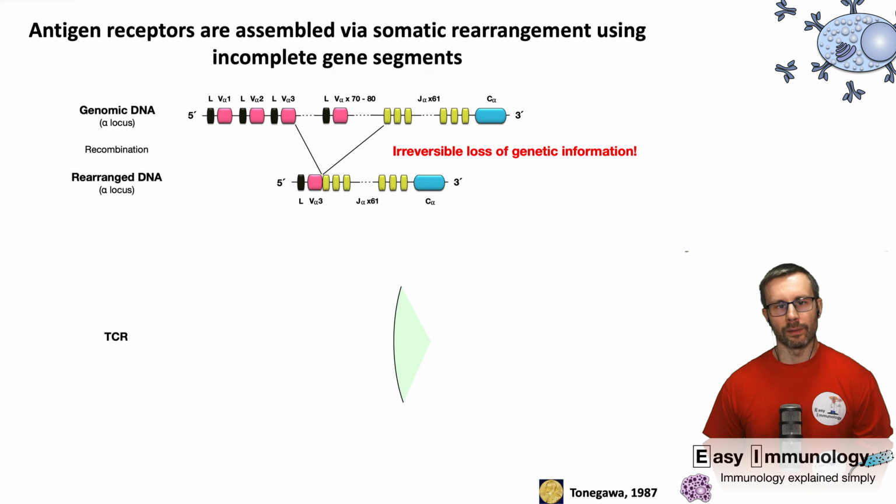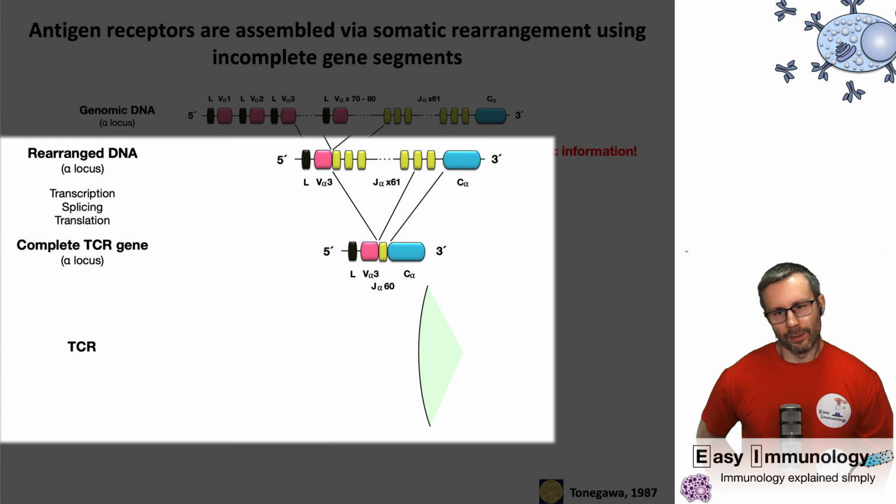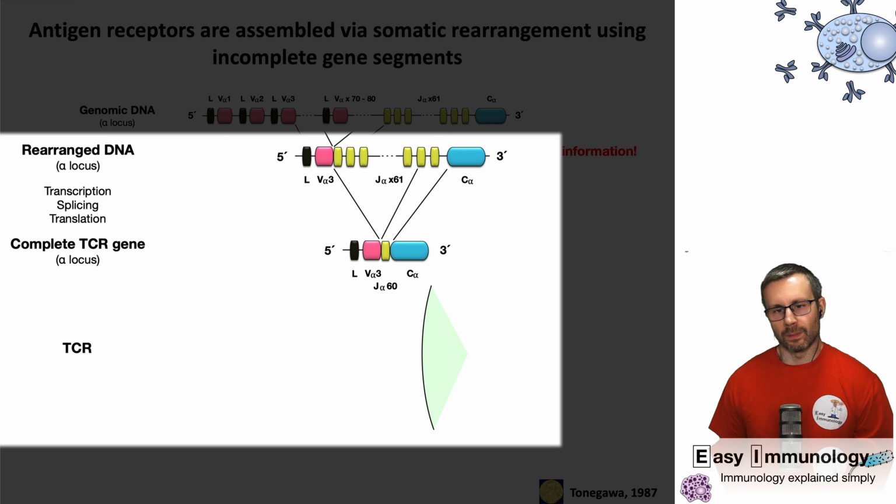So this is a loss of genetic information. These cells, once they have put together a receptor, do not have the complete genome anymore. This is something that is very curious. And this gets then further transcribed, spliced, and translated into a protein that then ends up on the surface of